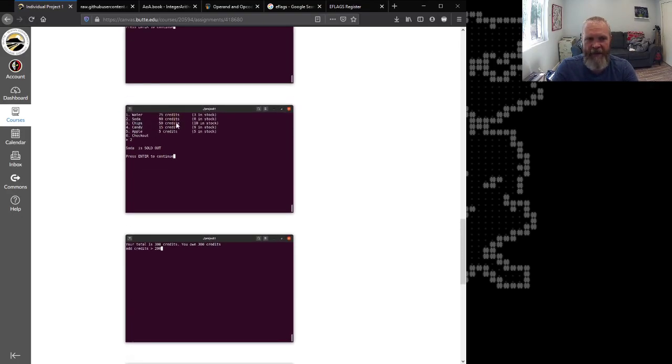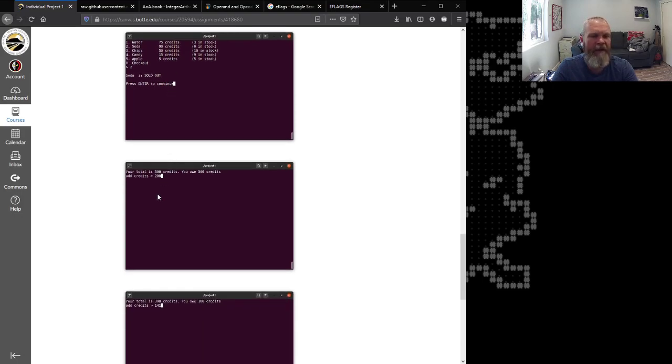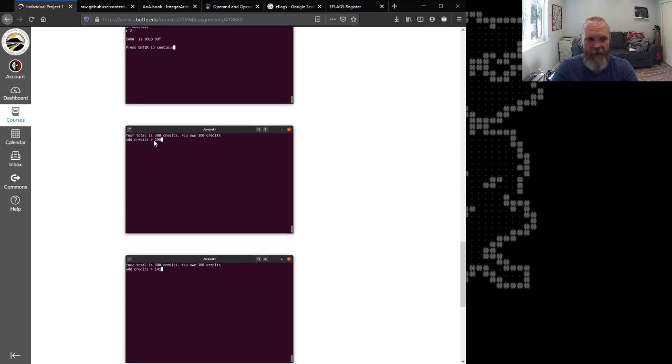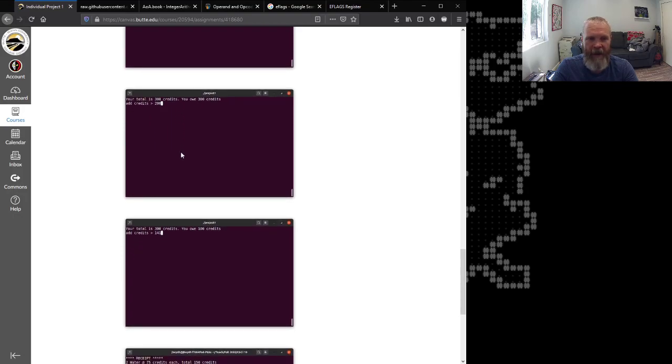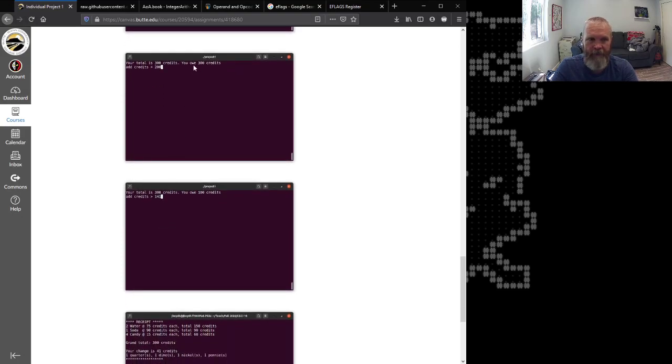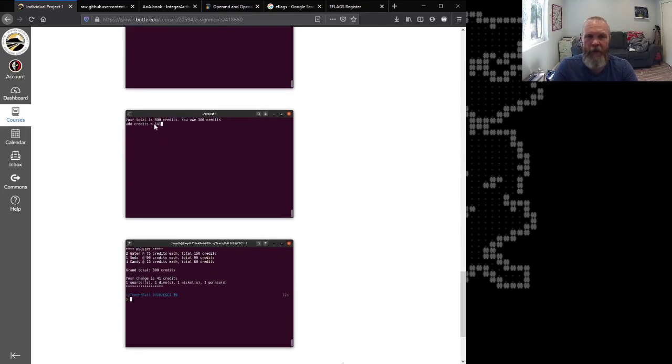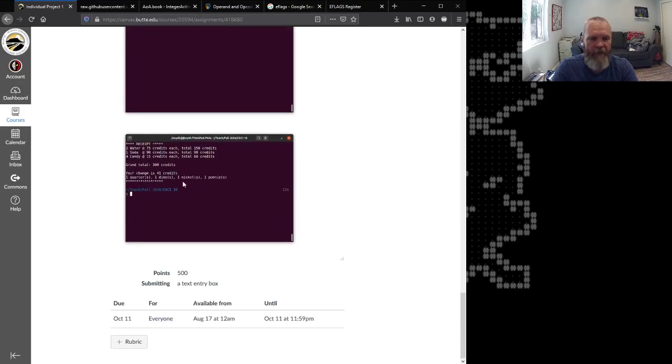So you could have them pay for every individual item they buy, but it's a lot easier if you just keep a running total of how much they owe you, or compute how much they owe you, and then make them pay. So you got to make sure they pay enough. So if they put in too little, I kept track of how much they've currently paid and how much total they owe. So you notice on the next screen, after they pay 200, what they owe is still 100 against the original total of 300. That's 2 variables. Now they pay 141 pennies or credits. So that's enough. That covers the 100 that they owed me, and then they get a receipt.